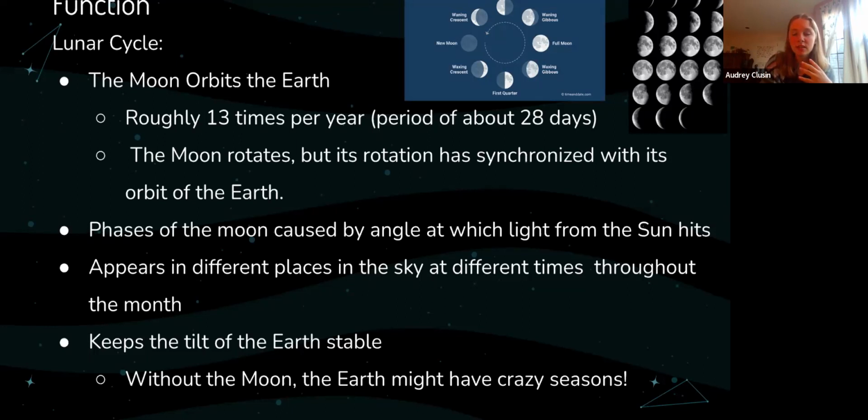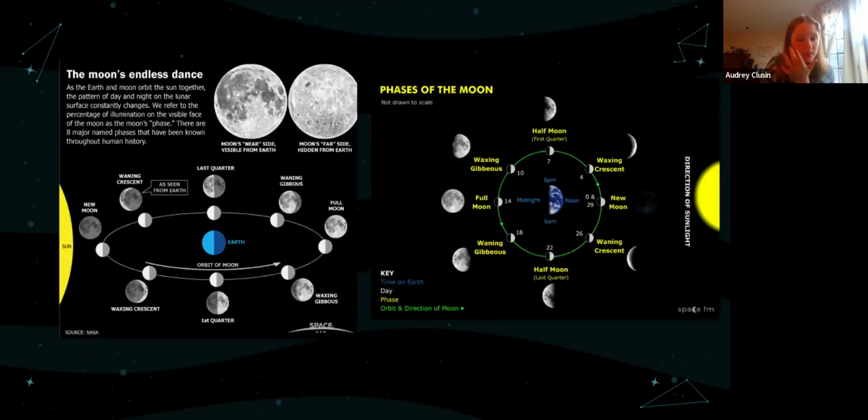So if you think about it, the moon is always half lit up by the sun, but we can only see a specific fraction of that half lit up moon as it goes through the phases, and this is what causes the phases. So you can see it's half lit up, but the side that's facing us is dark. The side that's facing the sun is light. It's a new moon.